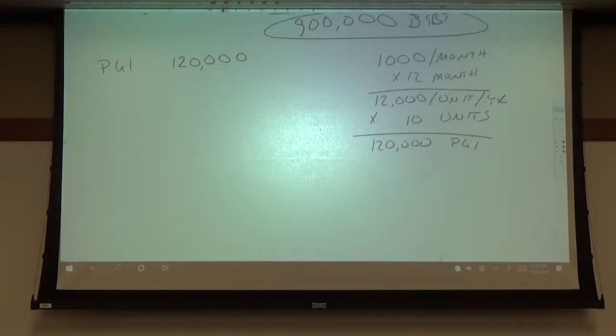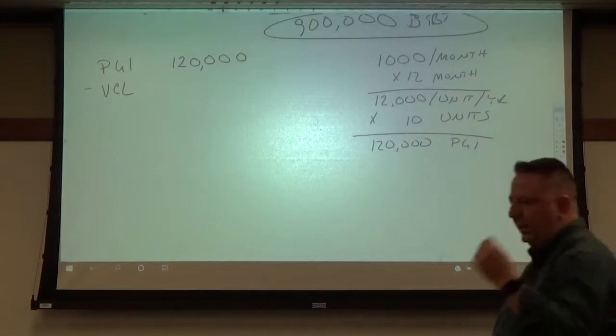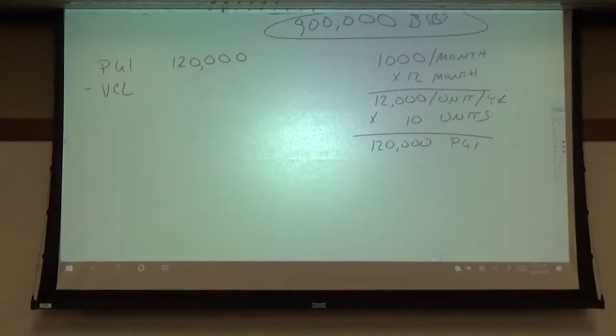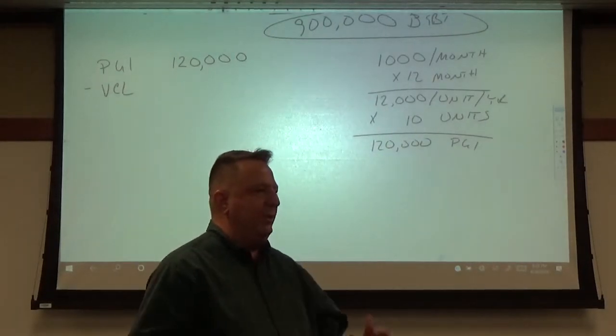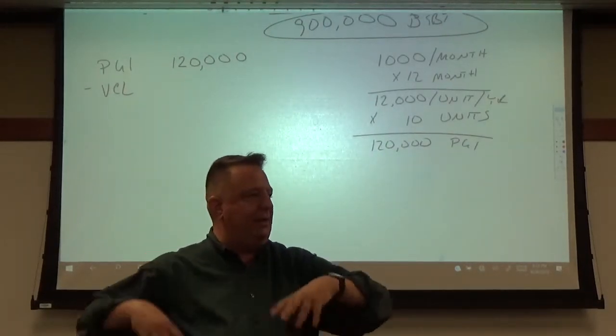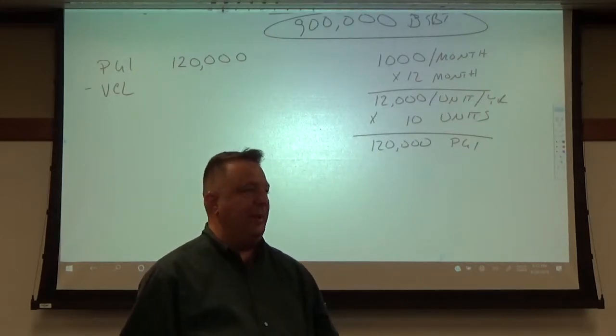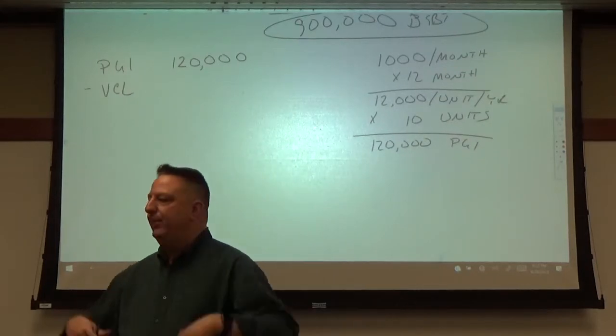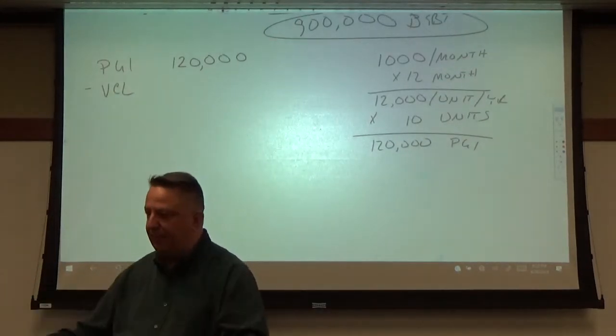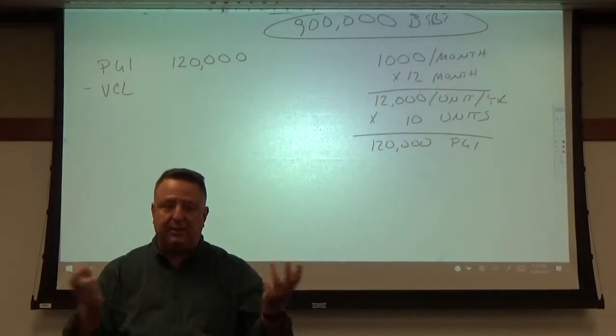All right. So from that, we're going to subtract out vacancies and collection losses. Any idea what the difference is between a vacancy and a collection loss? Collection loss is when you have to deal with like kicking somebody out and all that. Yeah, it's like a deadbeat tenant. You've got somebody that's actually living in the space, leasing the space, but they're not paying rent. Okay, that's a collection loss. Whereas a vacancy is simply the property is empty, no one's living in it. So there is a difference there.